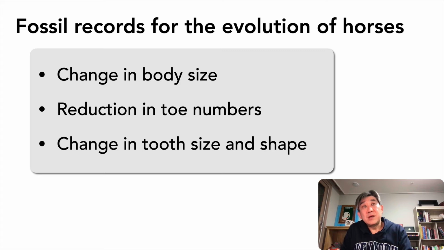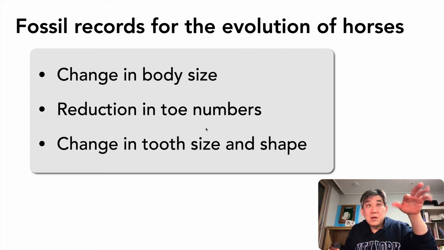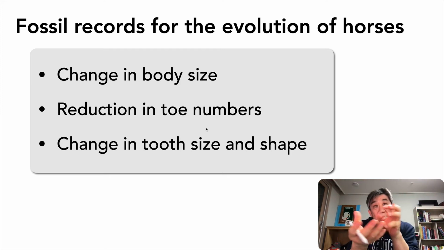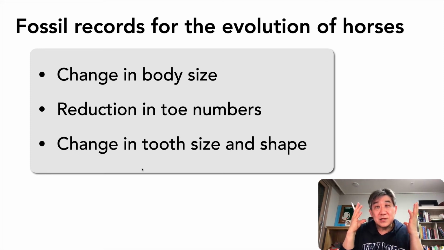It is interesting in that there is one overall trend that you can find, starting from the ancestor to the modern day horse: the body size became bigger, the toe number was reduced, so this became a hoofed animal with a fused toe, and the size and shape of the tooth, in particular the molar, changed. These were the three major trends of this